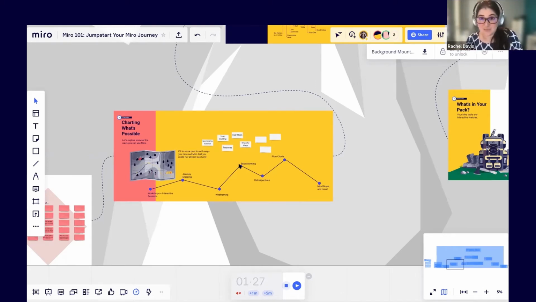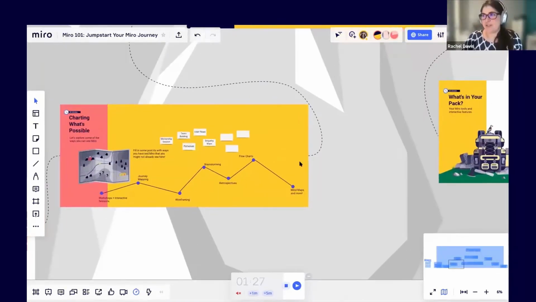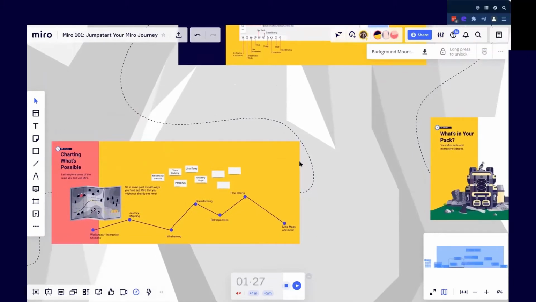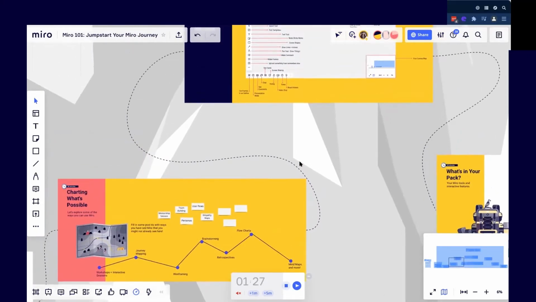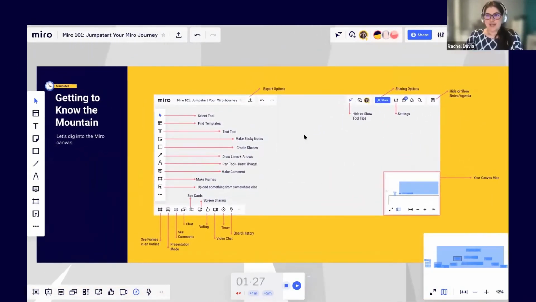Maybe if they can't think of something exactly in the retrospective meeting, they have that sustaining link that they can go back and add post-its to, where they're not on the spot in that meeting. Maybe they're like, oh, I should have said that, you know? So that's how I've seen it used for retrospectives. Did I answer your question? Yep. Okay. All right.